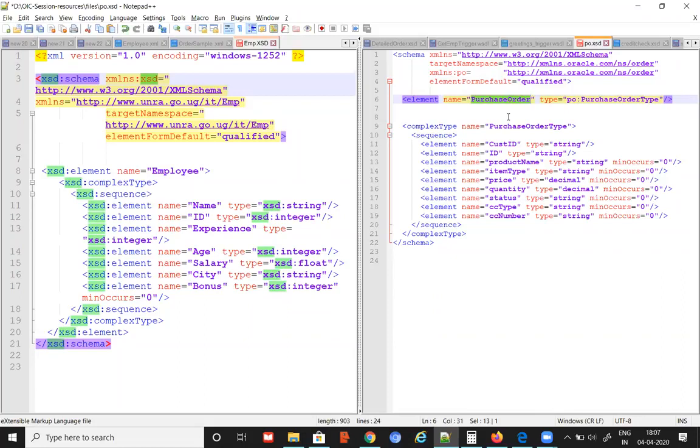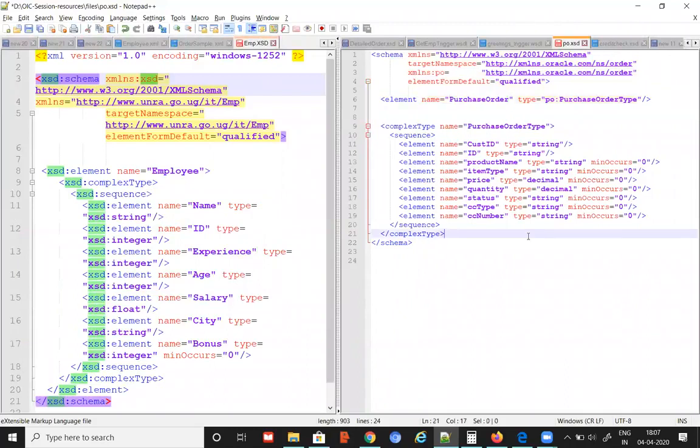Okay, now let's try to understand element name equal to purchase order.